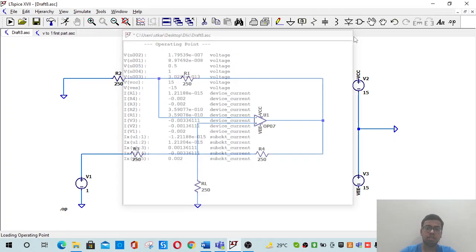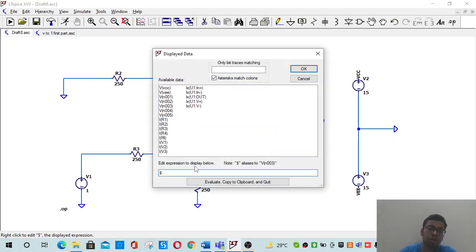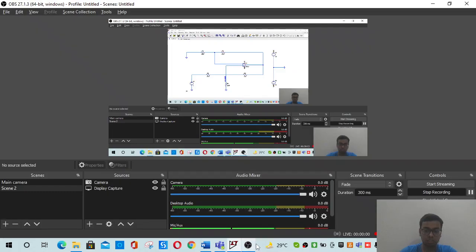We can see no error, and now we'll be measuring over here, somewhere over here. We see some value, right? We don't want it in voltage. So what we'll be doing is removing this dollar sign. Dollar sign is for the variable. So here it has mentioned the dollar allows us to see VN003. So the N003 voltage is showing. But what we want is this IRL. So we'll be simply choosing it. And here you can see some value.